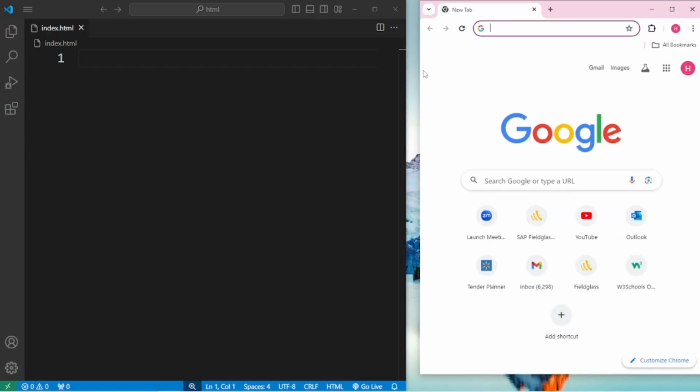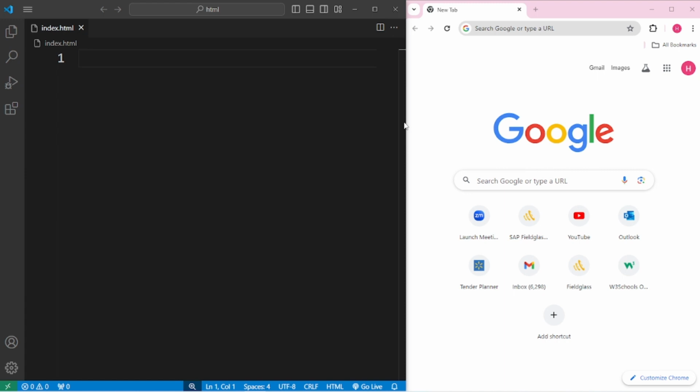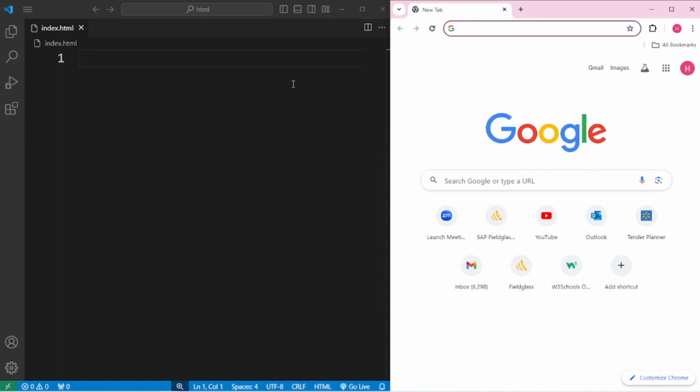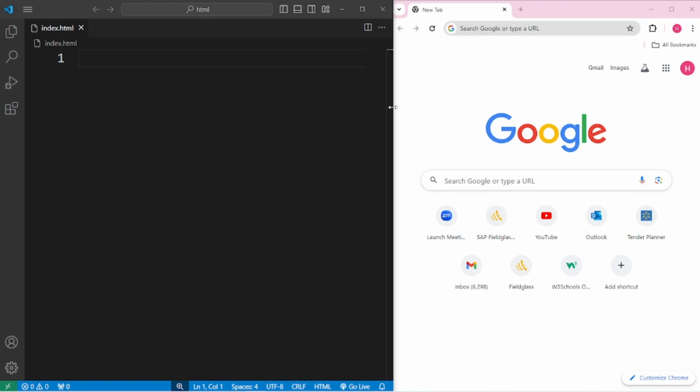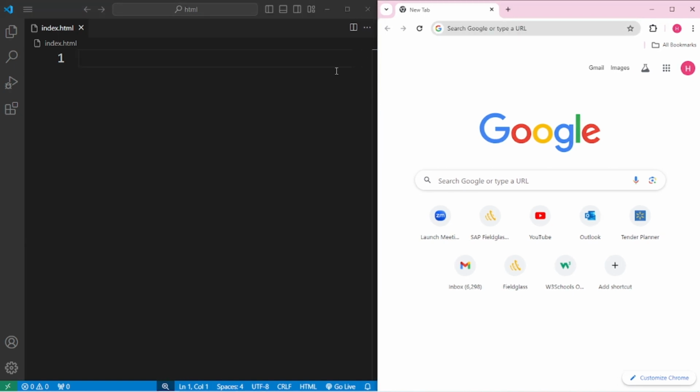And now I just have to resize this so that you guys can see, and that should be it. So we resized our Chrome tab, so that would be it. So if you want, you can resize this, or if you don't like this, you can put this in